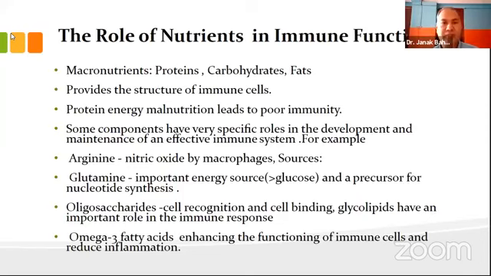These nutrients play an important role in the structure of immune cells and other cells also. When an imbalance occurs, or protein-energy malnutrition occurs, it leads to poor immunity and infection, which is already known. Most chronic diseases come from an imbalance of protein, carbohydrate, and fat, especially when we take too much carbohydrate and sugar,